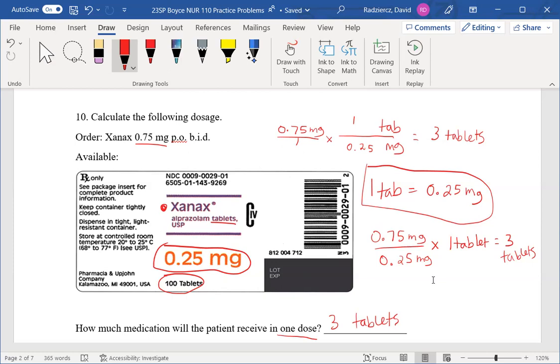Okay, so let's see. What if the order was actually for 1.25 milligrams, and we could say the same PO BID. My question is, how many tablets would I give per dose if it was 1.25 milligrams, which seems like a lot of Xanax. I don't know that that's within the safe range, but